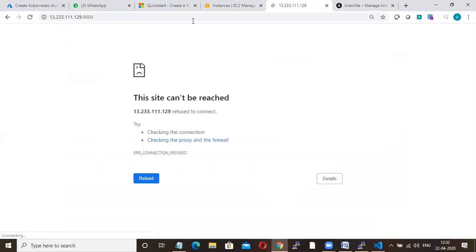you are not getting the page. Why? Any guess? We need to restart Jenkins. Correct. You need to restart Jenkins because you are making a change in your port. That is, you are making some changes in configuration. Whenever you change something in a configuration, you have to restart that particular service.